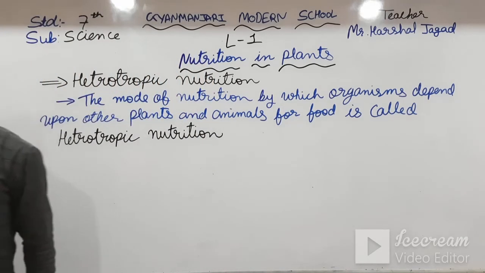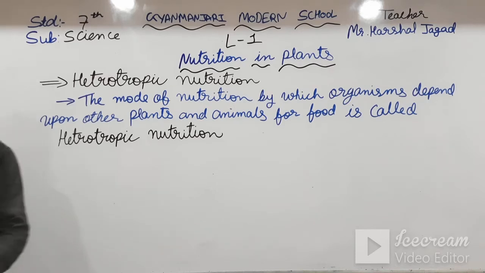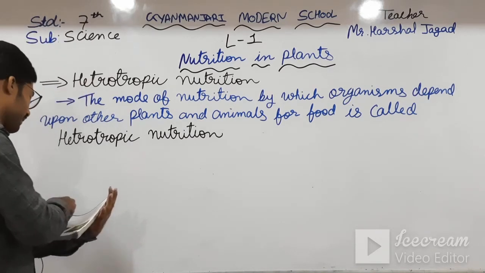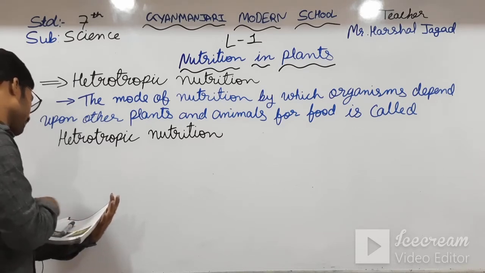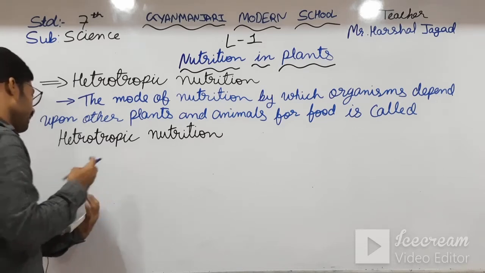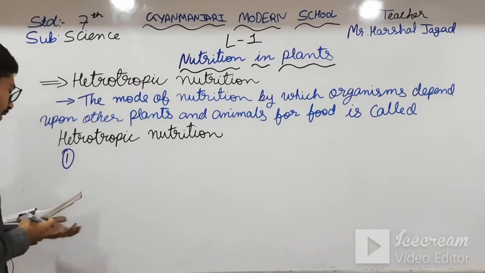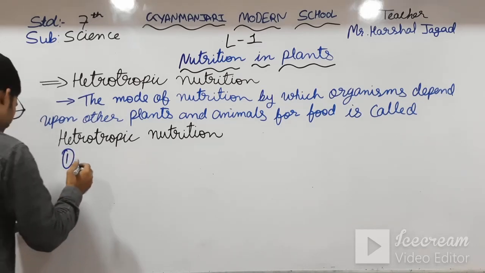Okay students, in that there are some types of heterotrophic nutrition. I am writing the types on the board. See here students, it divides into 4 groups. Okay students, in heterotrophic nutrition there are further 4 types. They are